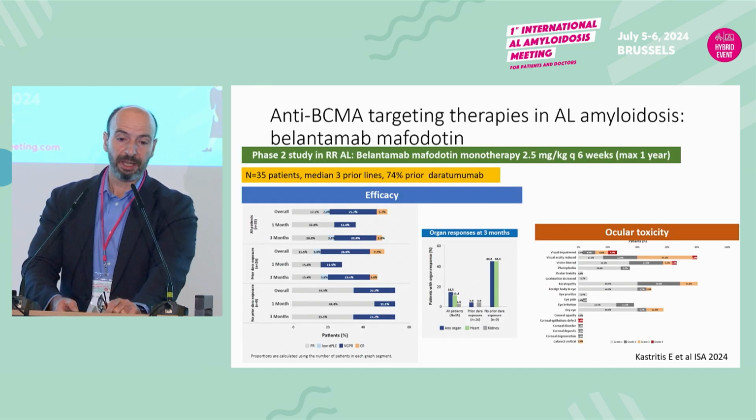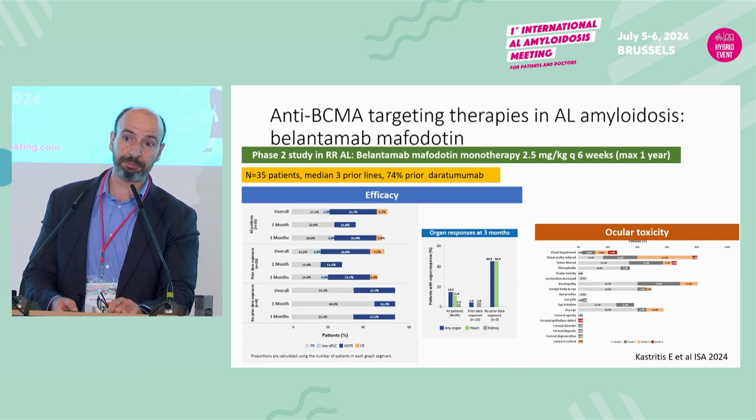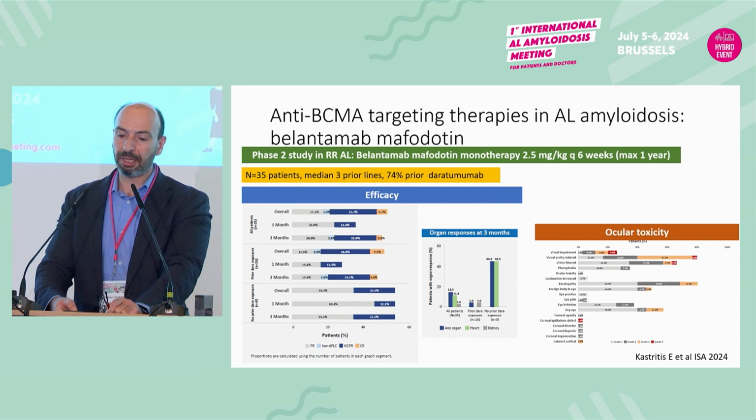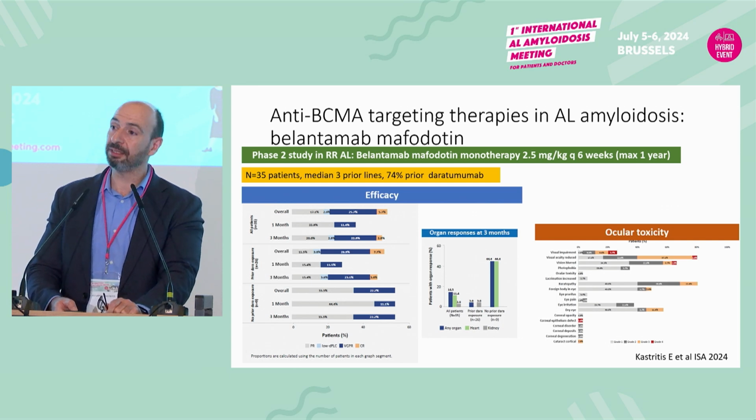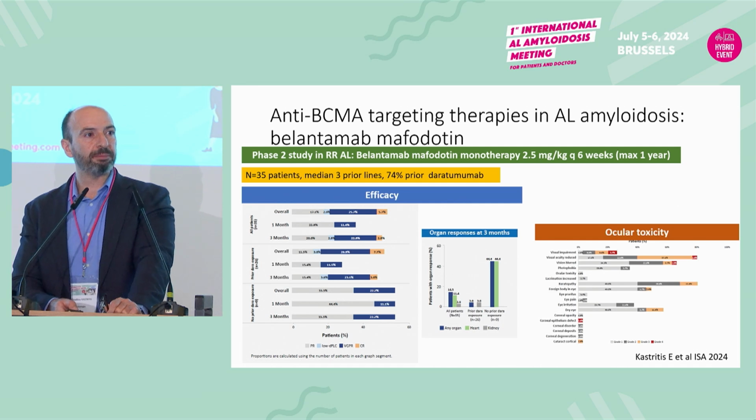And what about anti-BCMA targeting therapies? This is a phase 2 study with belantamab mafodotin as a monotherapy every 6 weeks in very heavily treated patients, median 3 prior lines. About 75% of the patients had failed prior daratumumab. So the response rates are good, around 55 to 60%. The problem here is ocular toxicity. And you know that belantamab was